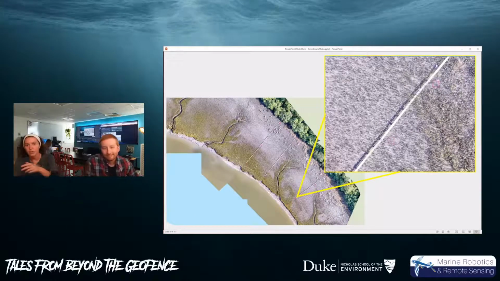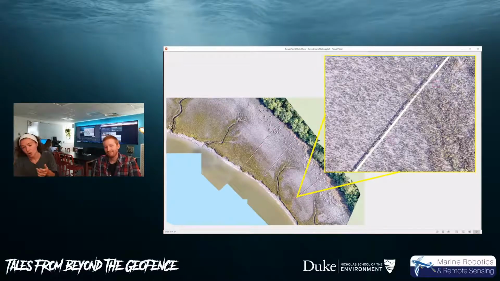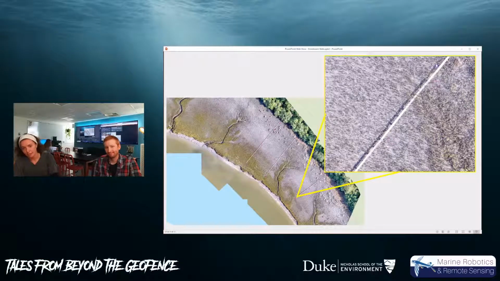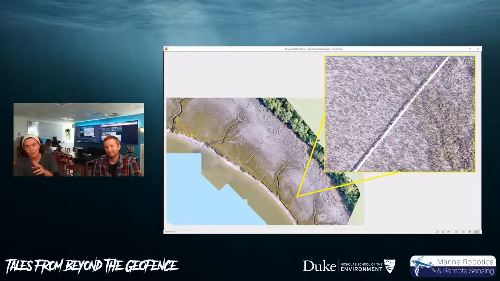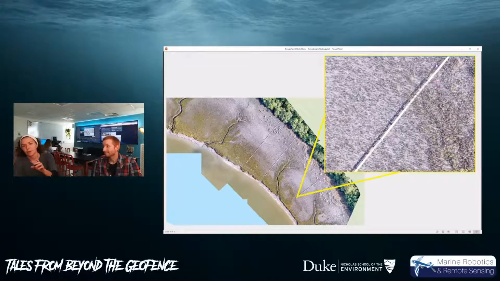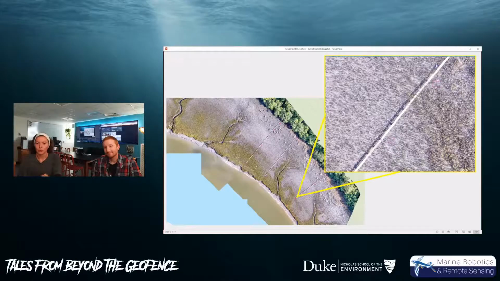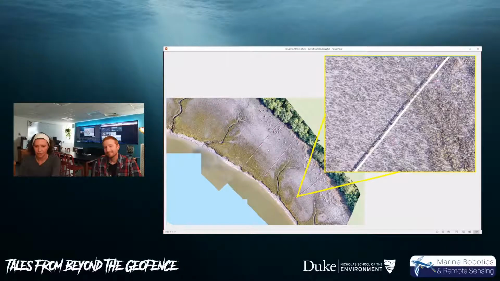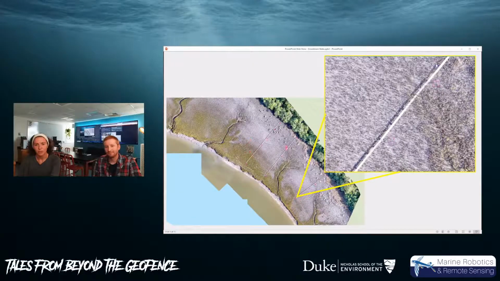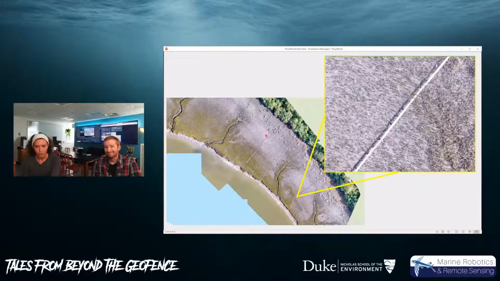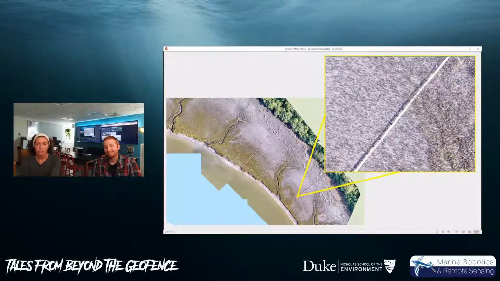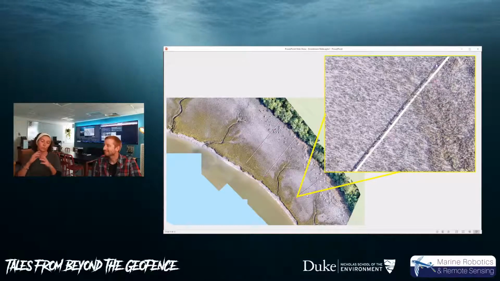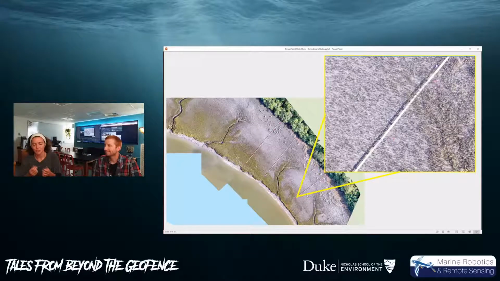You can see nice green, dense, tall form Spartina. So Spartina is like a nice marshy grass found in the lower parts of the marsh. You can see that from way far away, but in the middle of the site, this sort of grayish area, and I'll use my little pointer here. These grayish areas, it's not bare ground. It's actually the same type of plant, just in a kind of more sparse and less dense form.